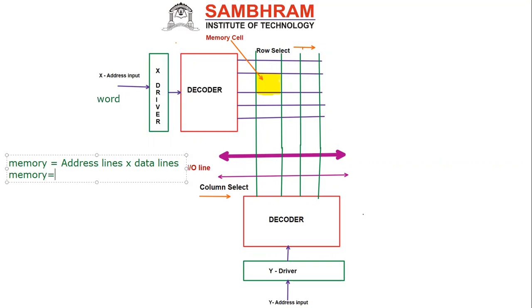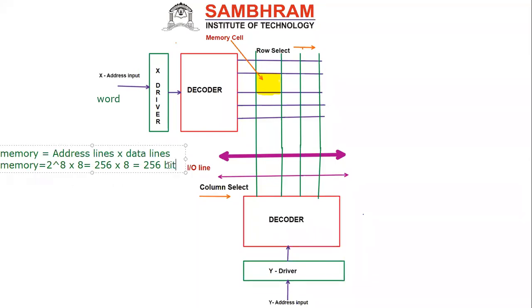The address lines are nothing but, if I say my data is 8-bit data, then I require 2 to the power of 8 address lines into 8-bit data. This is nothing but, I can say, 256 cross 8. 256 cross 8. It is nothing but the size of the memory. What is it? 256 bits. This is the memory size actually. The size of the memory for 8 bit is how much? 256 bits, I can say.